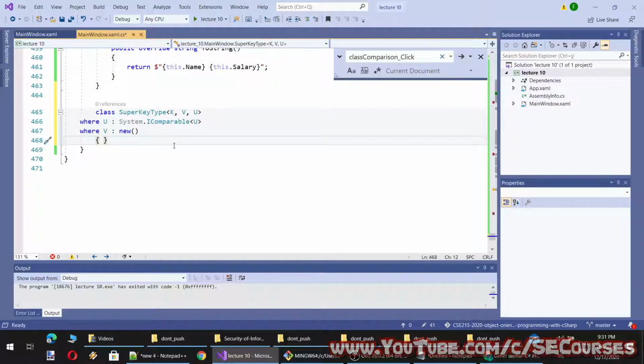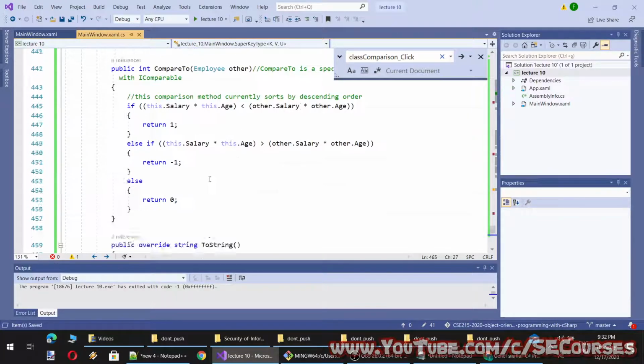I have defined a class which takes three generic data types. However, the third generic type has to support the IComparable interface, and the second type has to support the new keyword. Therefore, it has to be an initializable data type.